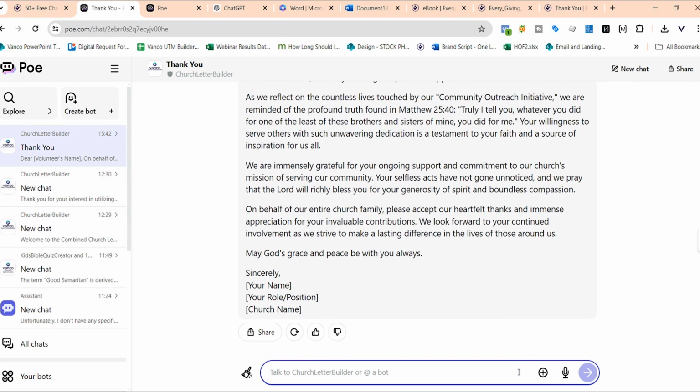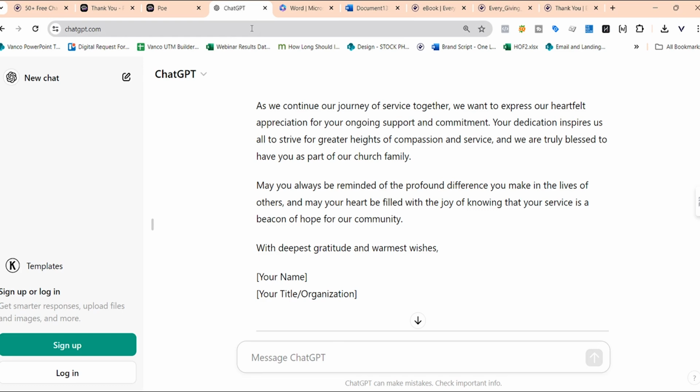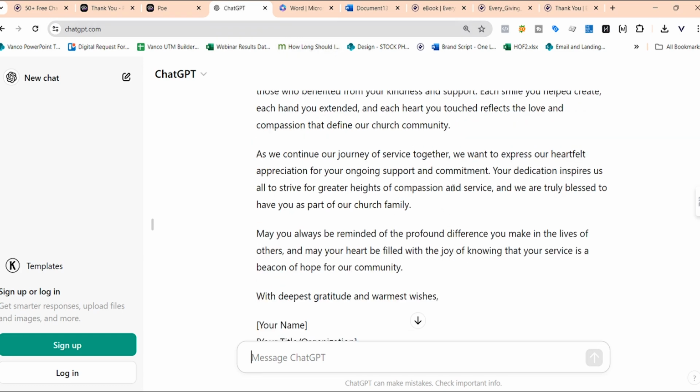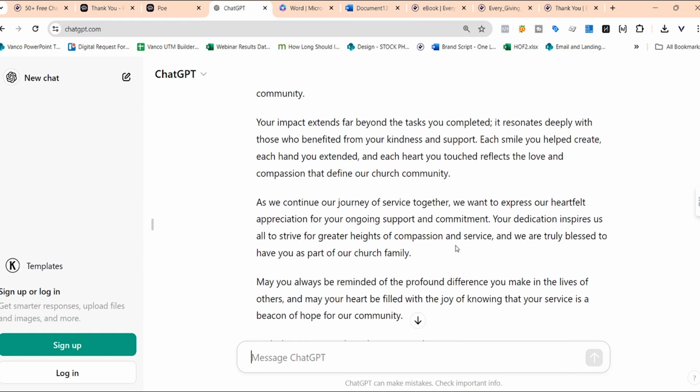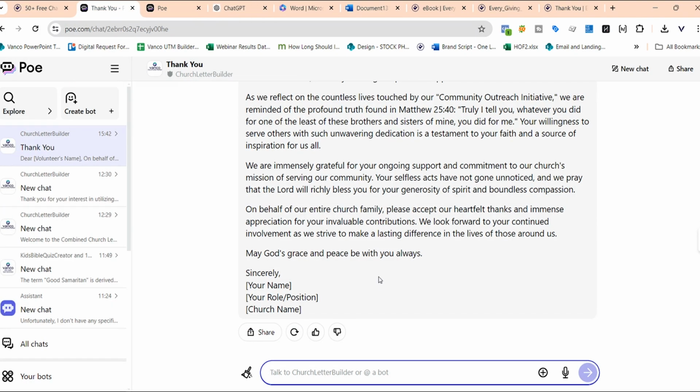As with ChatGPT, you can also continue the chat. One of the things that's nice when you do it in an official pre-programmed bot is that it has a longer memory. One of the issues you might run into, especially if you're going to go, let's say, past 12 extra prompts, the free one from ChatGPT might not work as well. It may forget some of the things that you mentioned in the first prompt. If you're going to do a deep dive session, you may want to do the free bot that we created. If you're not doing a deep dive conversation with the AI, either way, it's going to be more or less